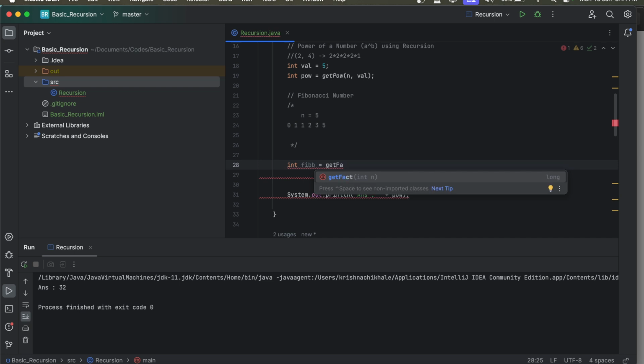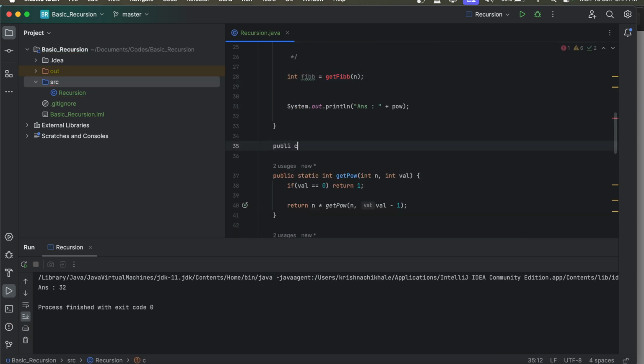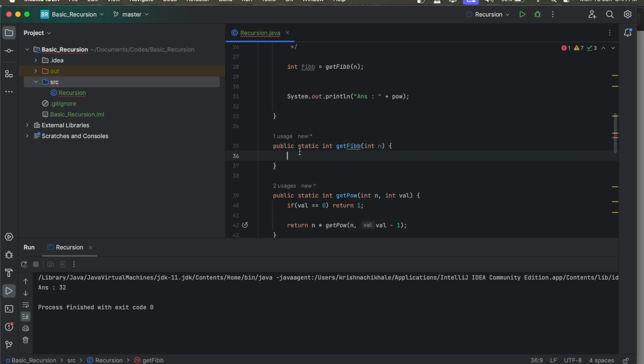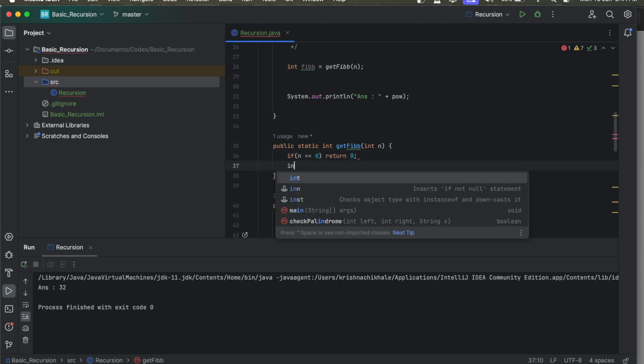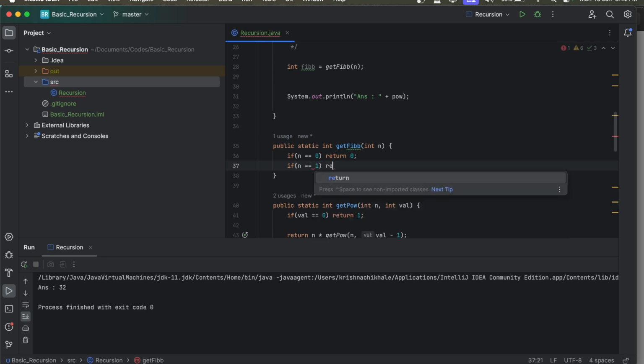Okay, get Fibonacci series. Here I'll pass the n. Let us define this get fib. Let me create this function, public static int get fib. Here we have n as the value. So the base condition is if n equals 0, we will return 0. If n equals 1, we will simply return